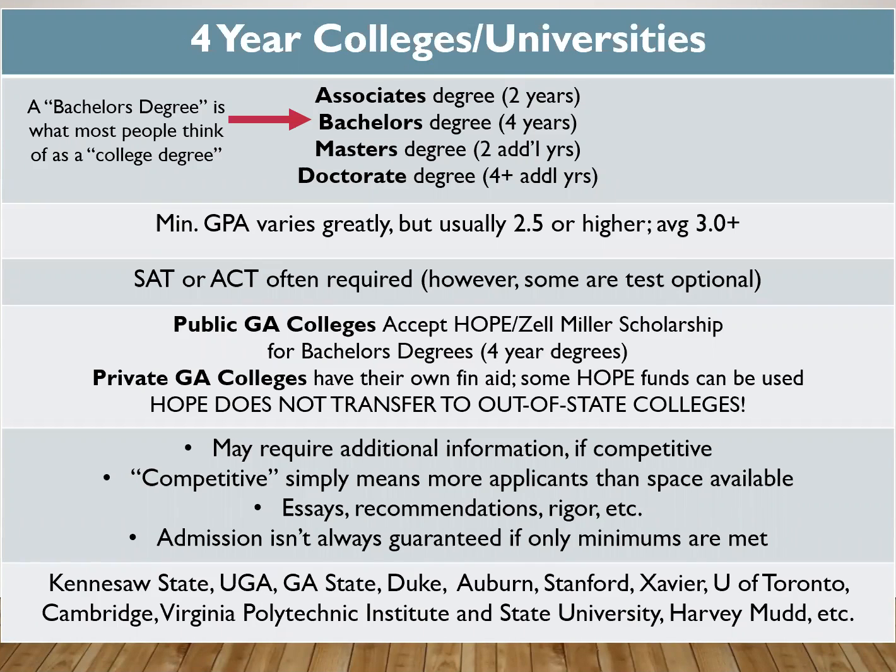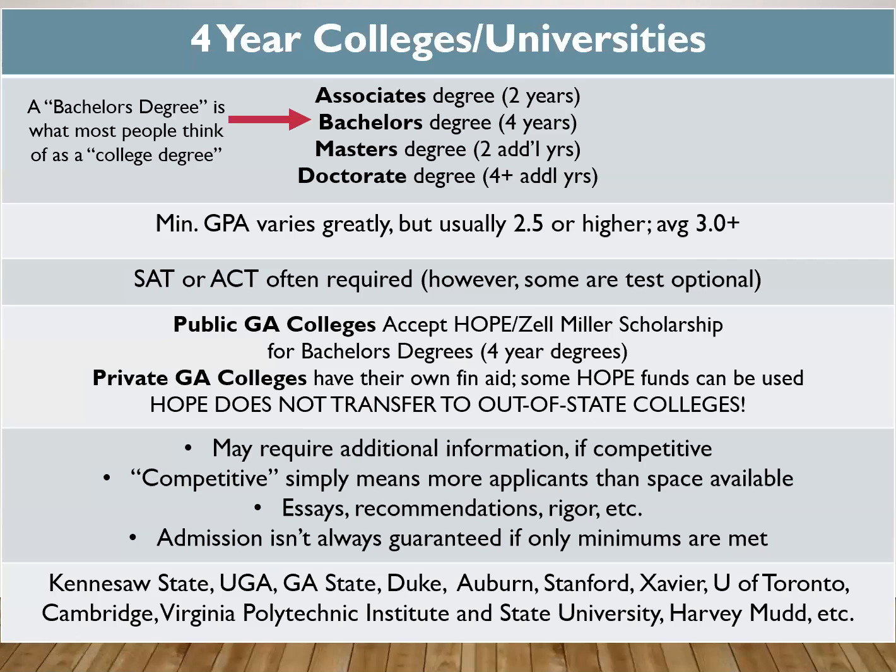So the reason people get confused by that is, out-of-state colleges may say, well, we will match Hope. We will give you the equivalent of Hope, or we will give you in-state tuition at our university. So those are things that sometimes people hear and they've twisted it to make it sound like they're getting Hope, but that's not exactly what they're talking about. Even some states have a scholarship called Hope Scholarship, but it's not the Georgia Hope Scholarship.